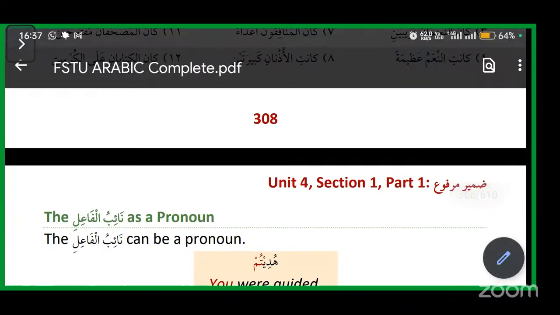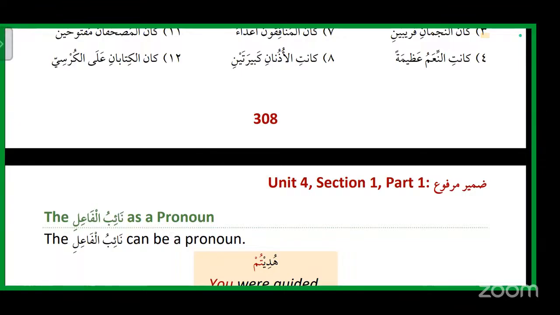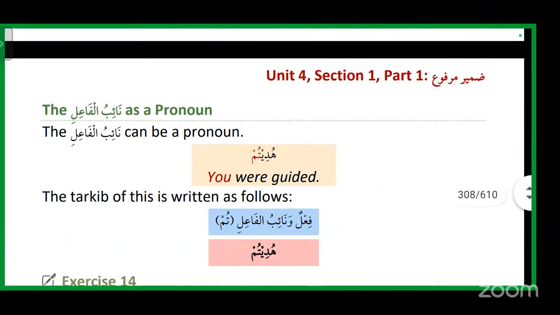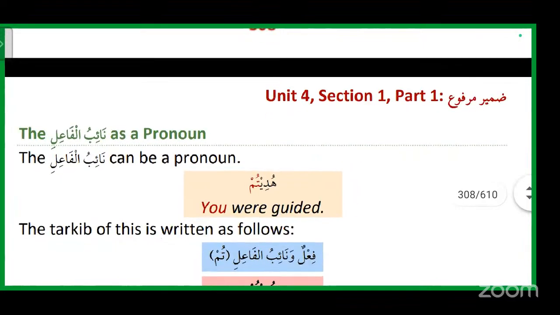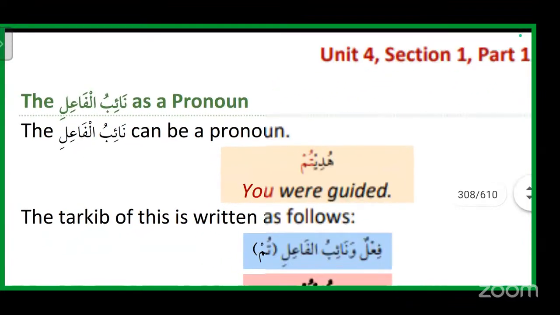Correct, done. Next exercise is page number 309. Any questions? No questions. Okay. Page number 309. The naib fa'il as a pronoun. The naib fa'il can be a pronoun. For example,